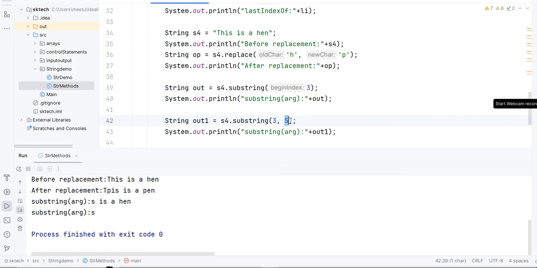So basically if you provide like 7, let's say we have provided 7, so what it is going to return, let's say we provide the second argument because we are providing 2 arguments. So it is going to print like 0, 1, 2, 3. So from here 3, 4, 5, 6, 7. Seventh position is the space, so it is going to print till here only. We will see in the output. So let's run this program and see the output.